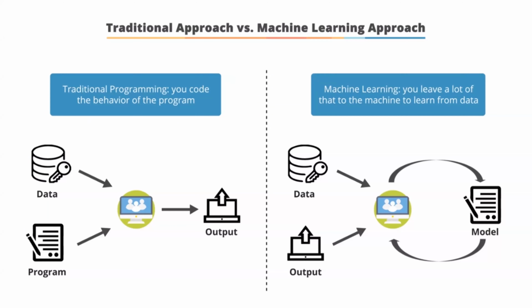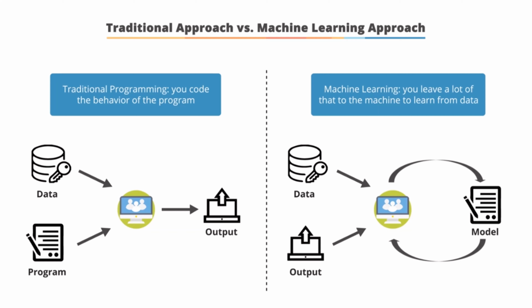Here we will be talking about traditional programming versus machine learning. In the traditional programming approach, developers write code that will work on data to give the user an output. However, in the machine learning approach, the data is fed alongside the known output. So it's trained. The resulting artifact is a model, just like a program written by the developer in the former approach.